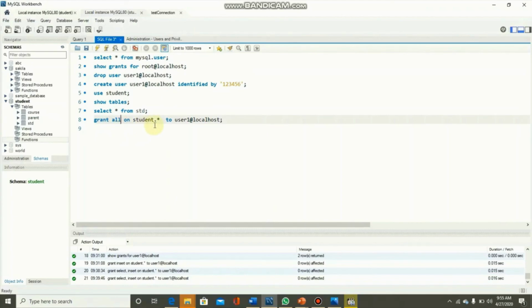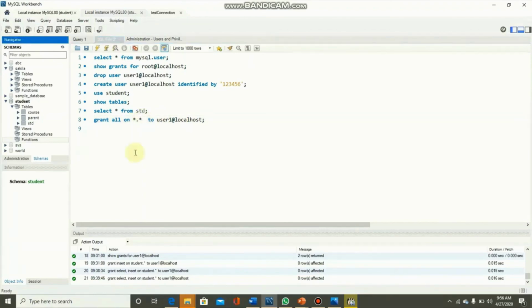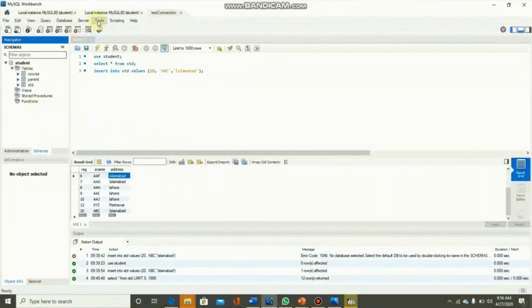Grant all on student.star to user1@localhost. By executing this command, user1 would be able to execute all the operations on the student database. You can also replace this by star.star. It would mean that previously it was student, now user1 would be able to execute all types of operations on all the databases. But first check user1, it has access to student.